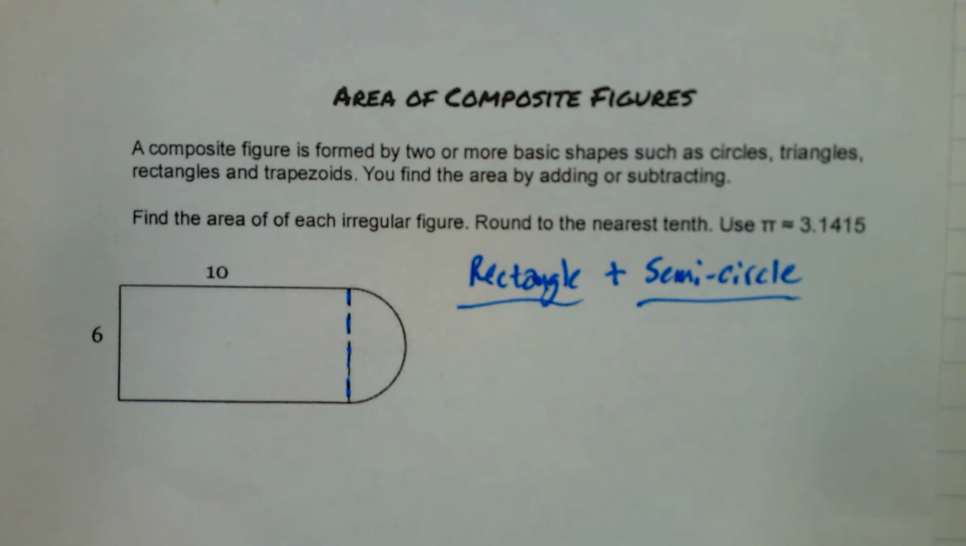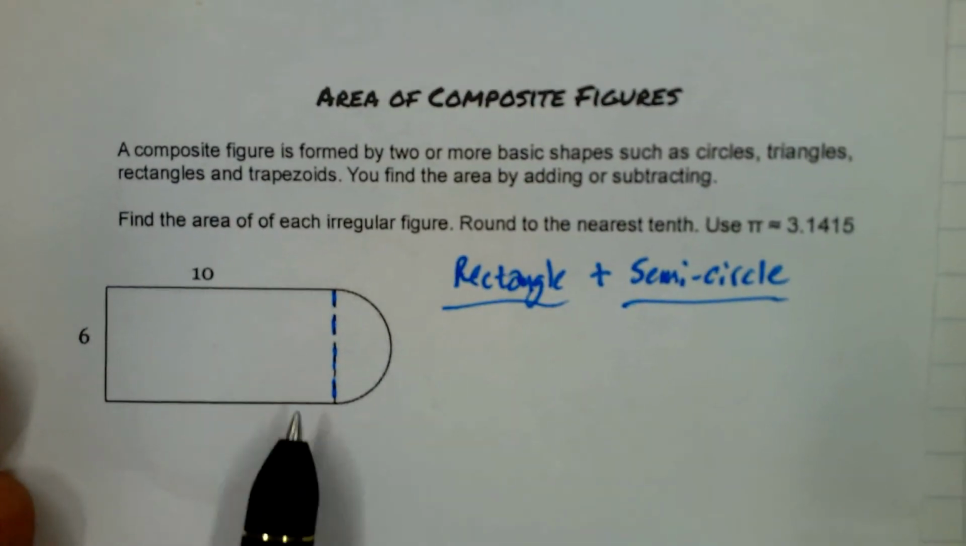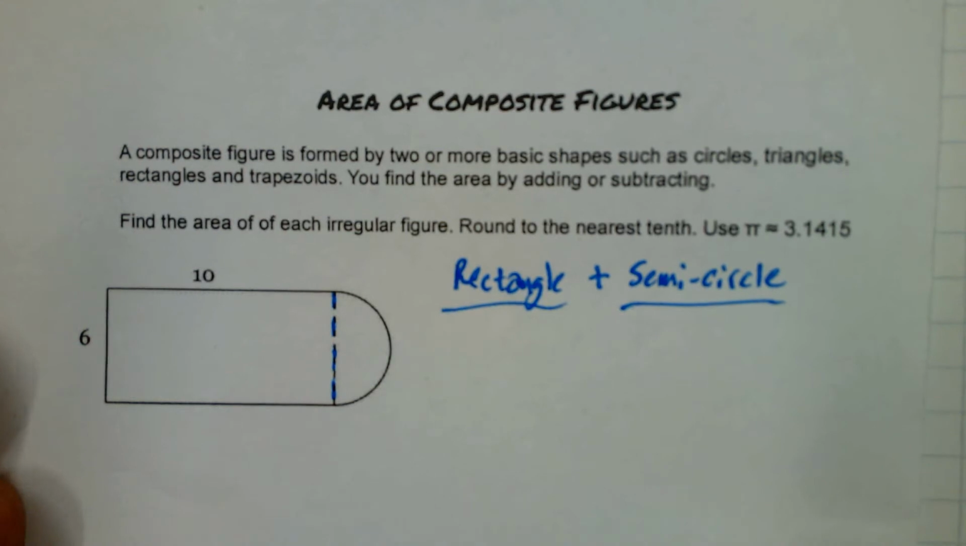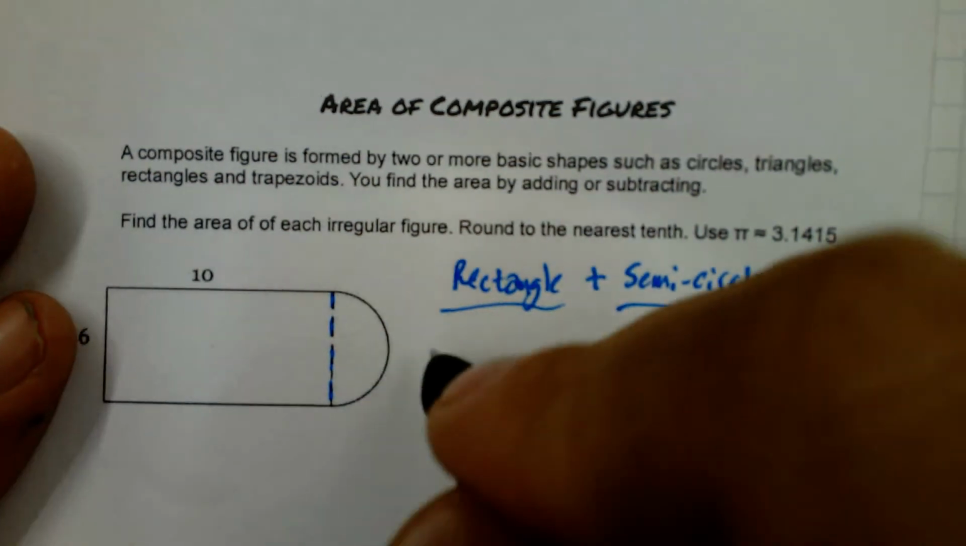But we're not measuring the angle measurement. We want the area, the space inside. But it is 180, or if you're measuring that in radians, pi. But that's something else. So let's find the area